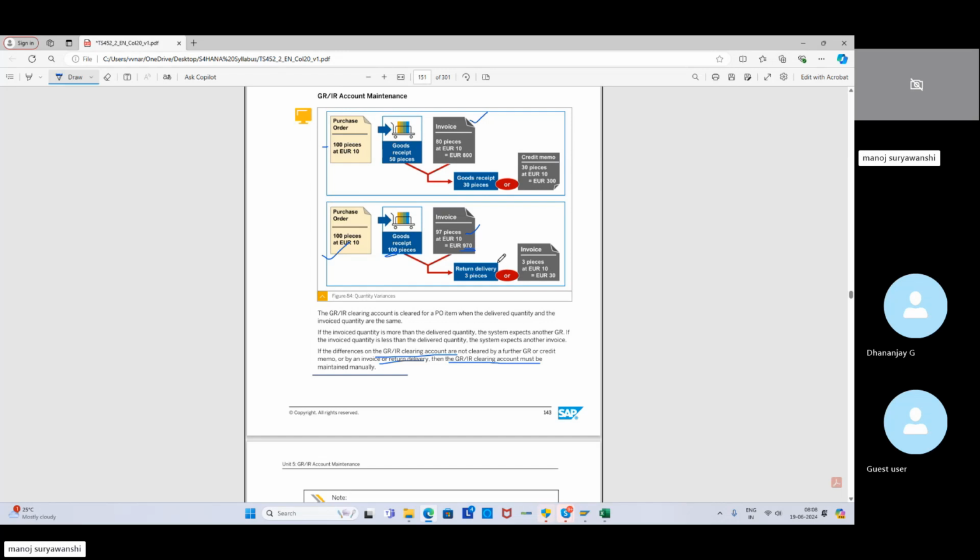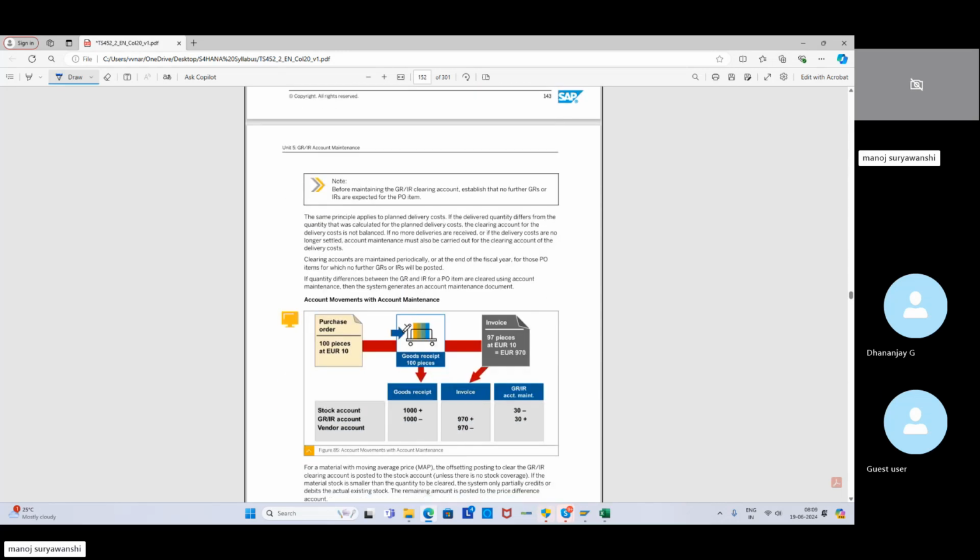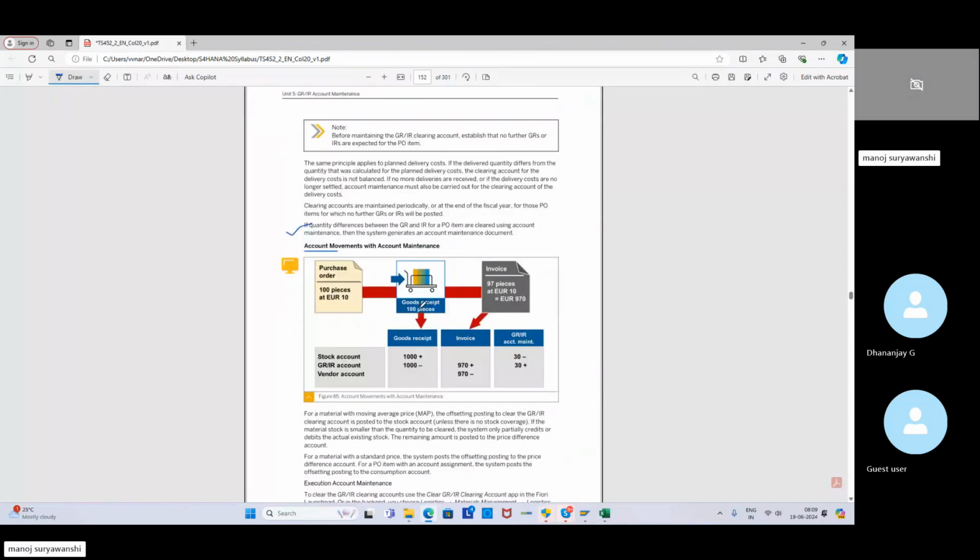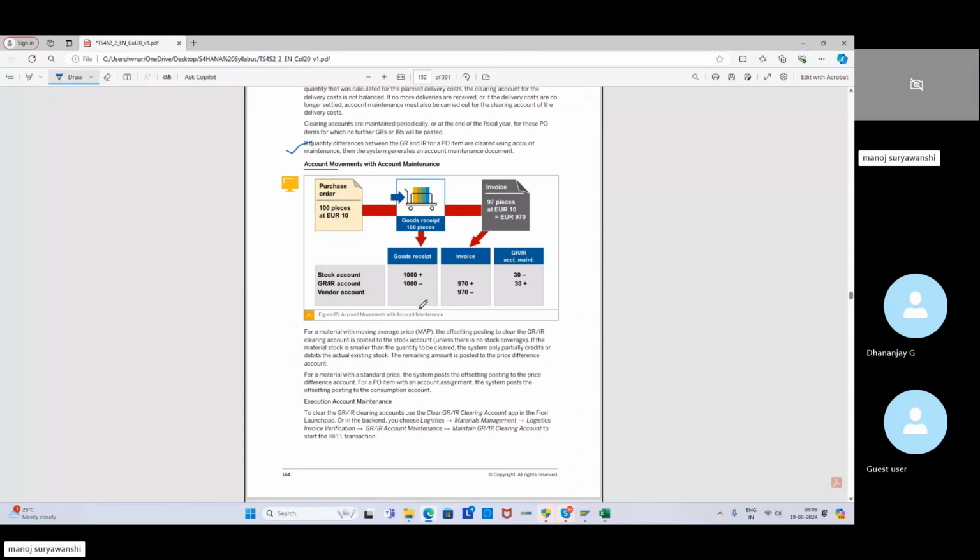तो ऐसे सिचुएशन में जहाँ पे आपके जीआर और आईआर के क्वांटिटी में डिफरेंस है वहाँ पे जीआरआईआर क्लियरिंग अकाउंट पे बैलेंस बना रहता है। So if that is not settled with a further goods receipt or a credit memo or an invoice transaction, then we must maintain the GRIR account manually। तो ये फाइनेंस के जो यूजर्स है अकाउंटिंग के, वो इसको मेंटेन करते रहते हैं। So when you do the account maintenance of GRIR, when you clear the GRIR account, then how the accounting entries will post, that is explained here।